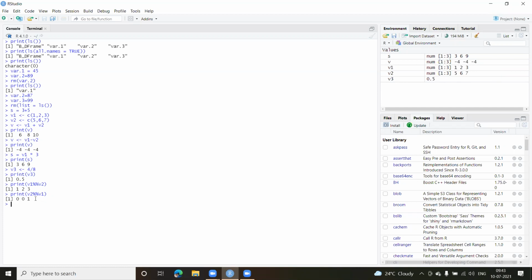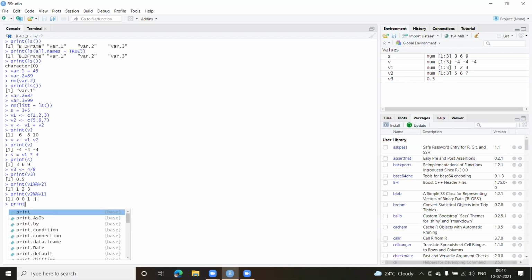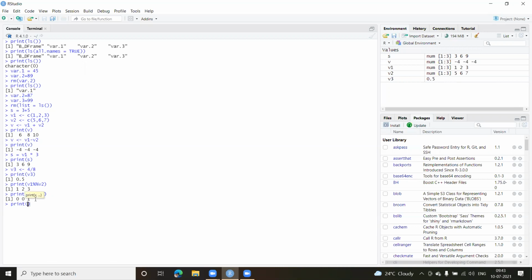Any doubts in this one? I hope you have understood. Just remember that it is going to give me the remainder. If you want, I can just show it with one variable. So I say 4, and I want to find the remainder with, let us say, 7. Simple, remember, you cannot divide 4 by 7. If you have to divide, then you'll get decimal places, right? So it is going to perform integer division first and give me the remainder. So this is going to give me 4 as output.